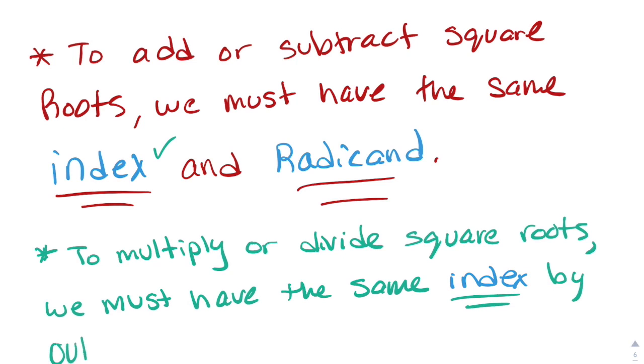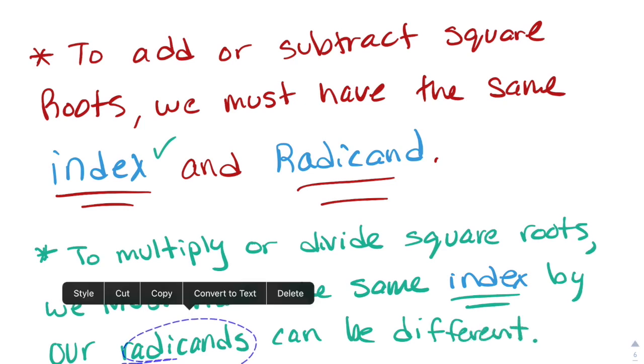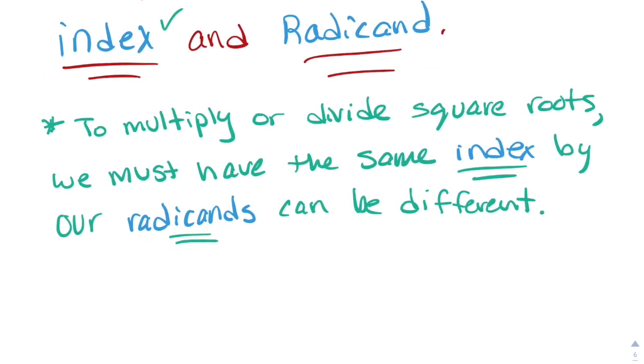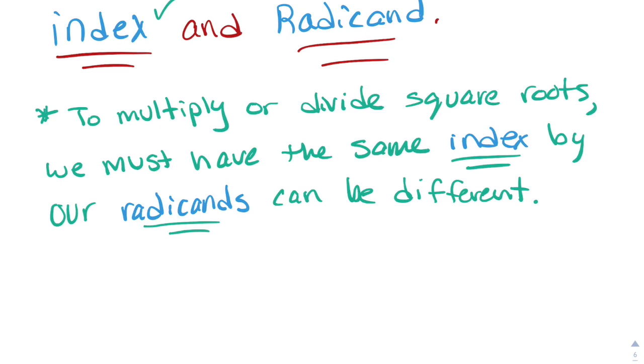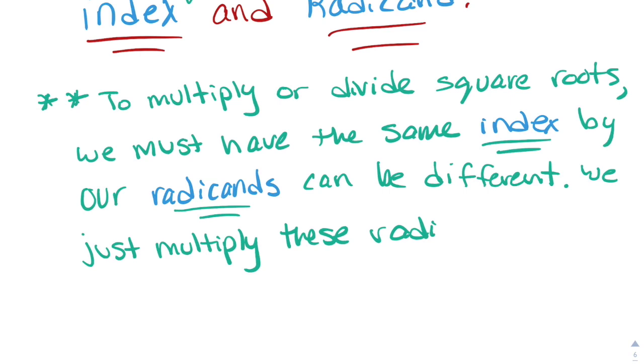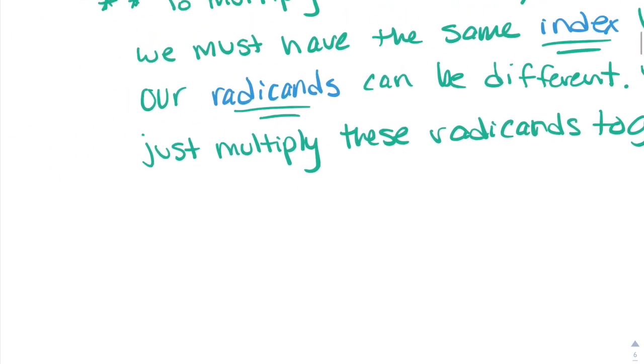But our radicands can be different. We just multiply these together. And then our last note,